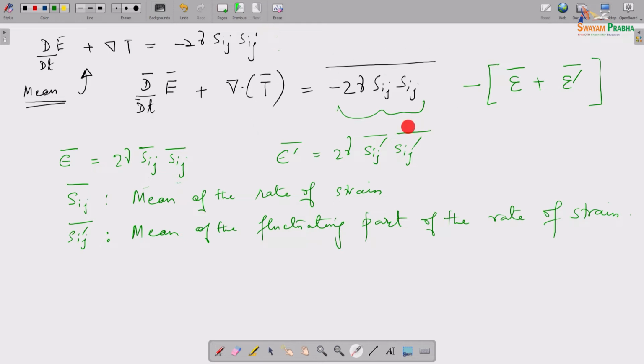and the right hand side, I just wrote this down to sort of differentiate a little bit. You'll see the reason why. We did that so that epsilon bar here, which represents this, is essentially the mean of the rate of strain. Now the dash basically represents the mean of the fluctuating part of the rate of strain. If I may write this again actually,